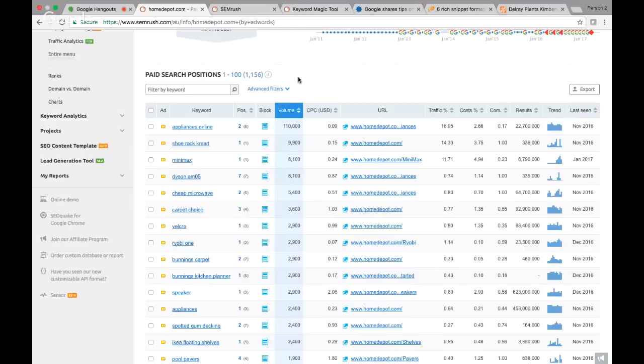So going through quickly left to right, you see the ad, which is great. You can see the actual ad as it appears in the SERP, the keyword itself, then some more information, going left to right: the position that appears, the block, the volume, that's the average monthly search, cost per click, landing page, traffic and cost percentage. Those are looking at what the percent